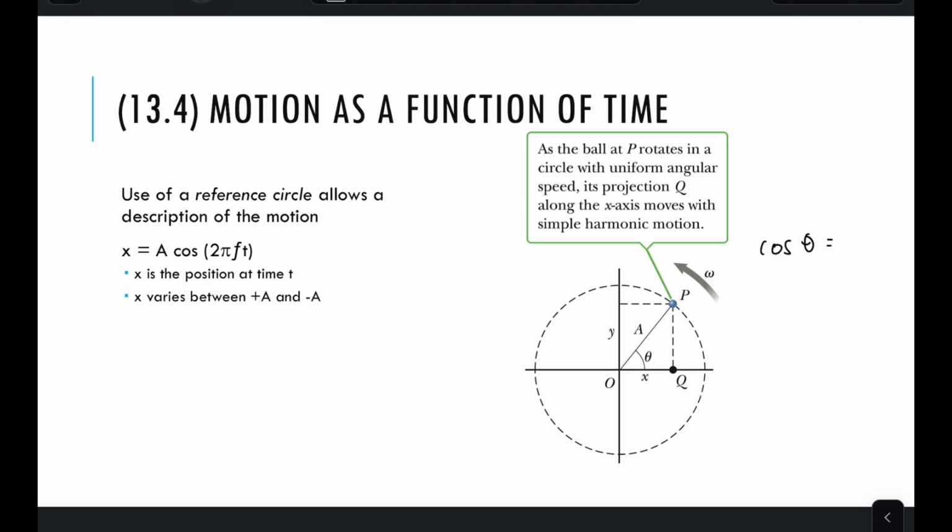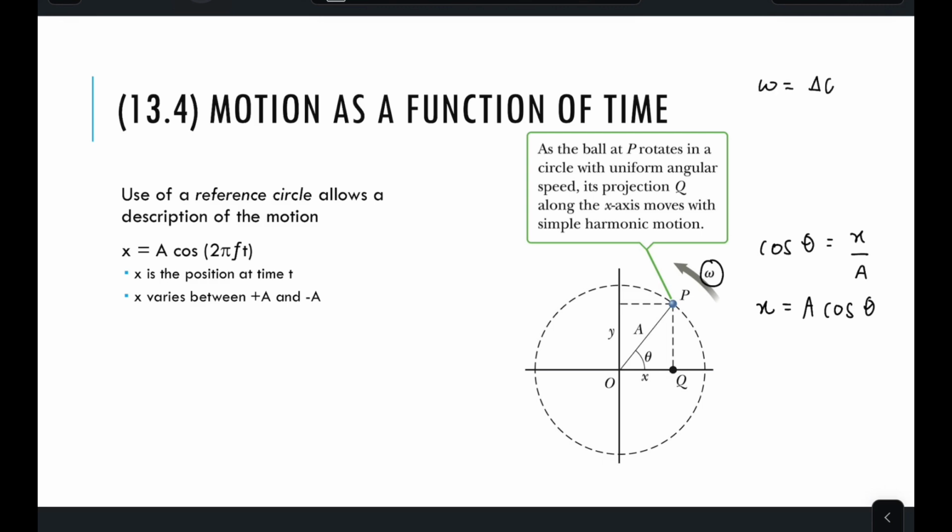Cos theta will be, right, adjacent side over the hypotenuse, right? To have x, it will be A cos theta, right? And since we have the information of omega here, we also know that